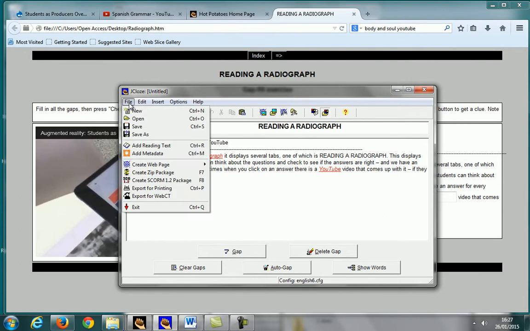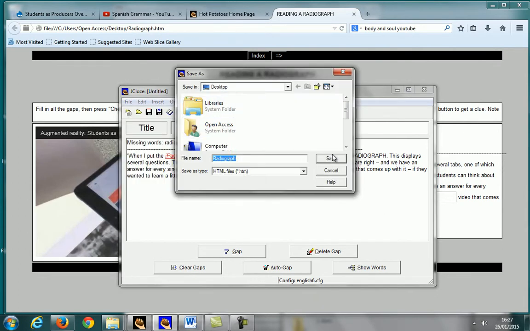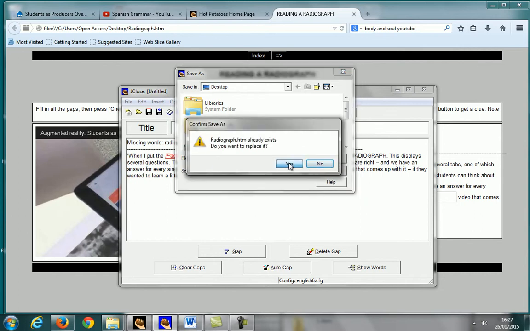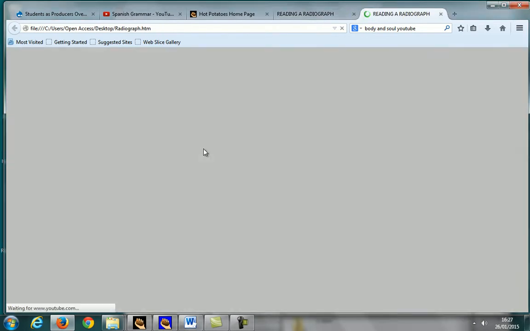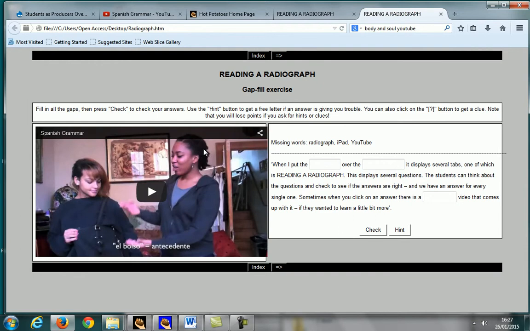And so now when I go to File and Create Web Page, I'm just going to overwrite that file and view that. So what we'll see now is that the new video is displayed